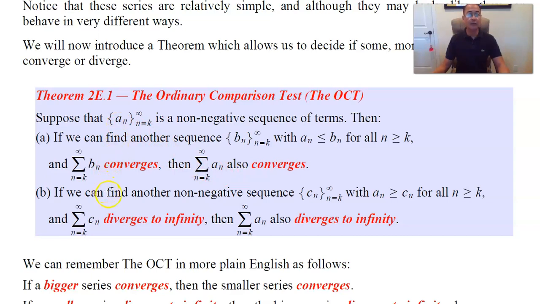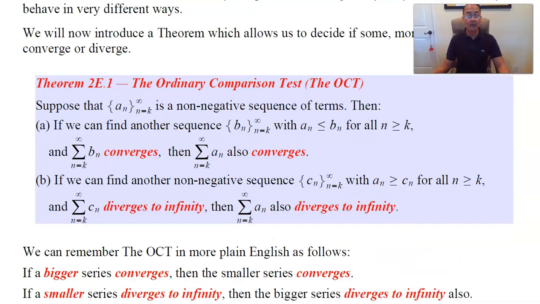So similarly, if we can find another non-negative sequence c sub n, where a sub n is at least c sub n for all n at least k, and this smaller sequence, when you form the infinite series made of this smaller sequence, diverges to infinity, then our original series, the one made with a sub n's, also diverges to